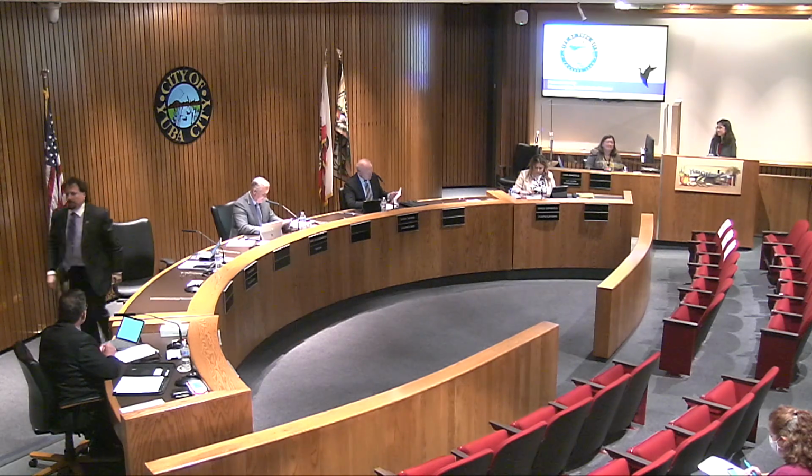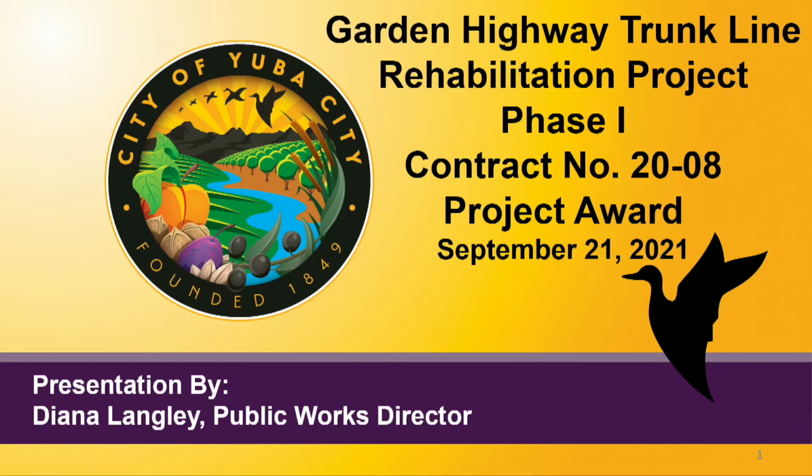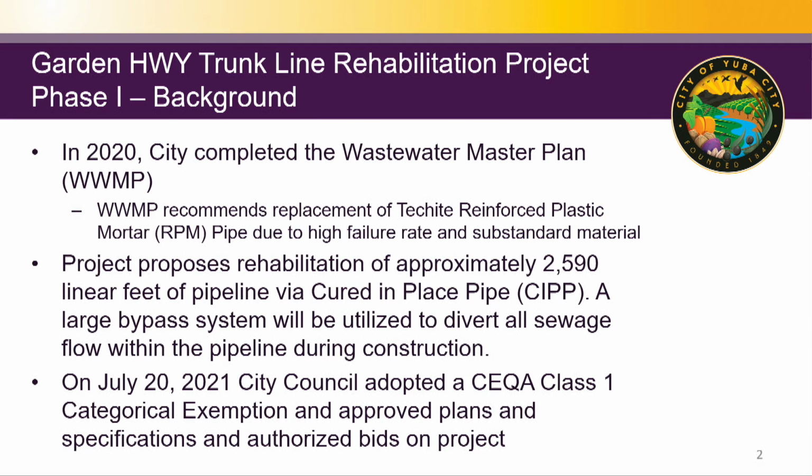We will now move to item number 14, which is the Garden Highway Trunk Line Rehabilitation Phase 1 Project Award. Ms. Langley. All right. So the Garden Highway Trunk Line Rehabilitation Project Award. In 2020, the city completed the wastewater